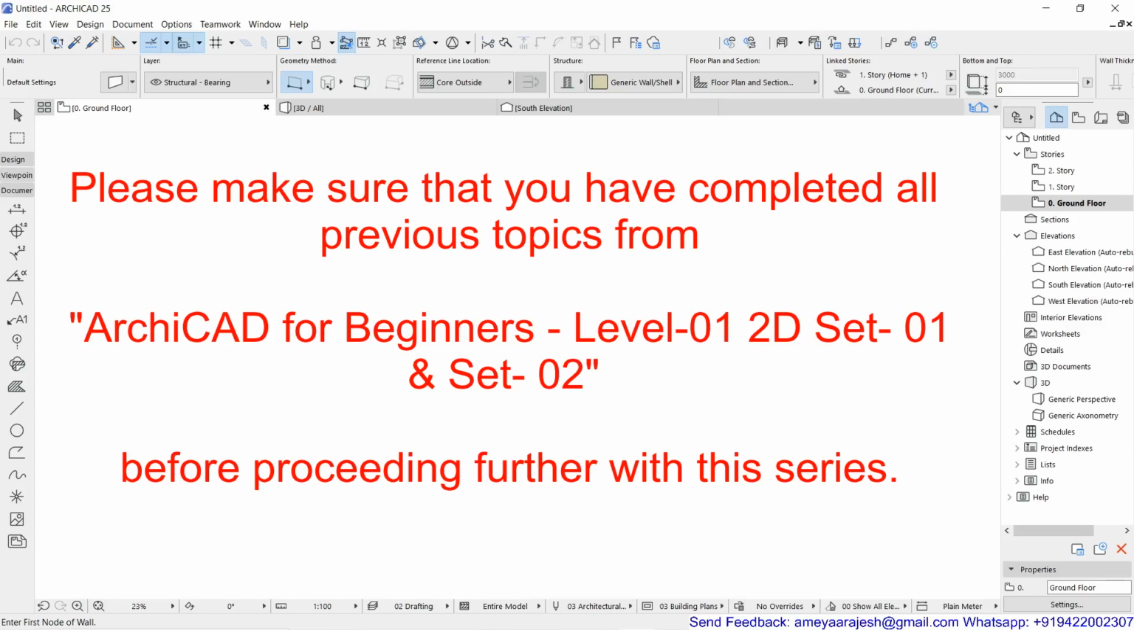Now it's time to start working with these parametric objects, which are, you can say, the heart of the ArchiCAD software. With the help of all these tools, you can design beautiful structures as per your imagination. And for that, make sure that before you proceed further with this second level of ArchiCAD training, you surely have